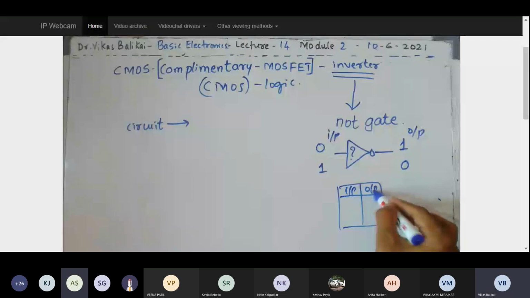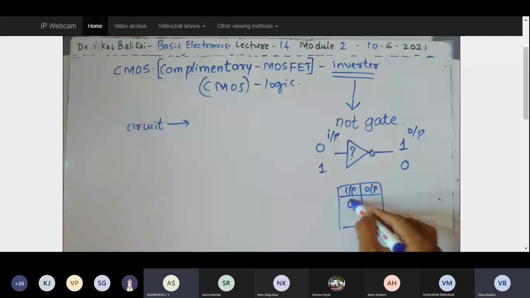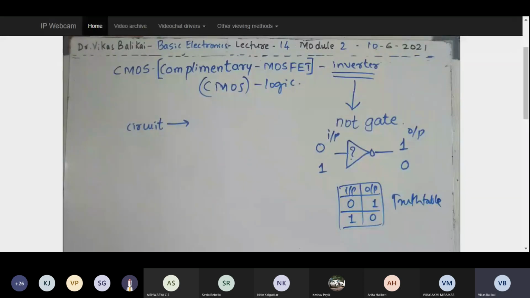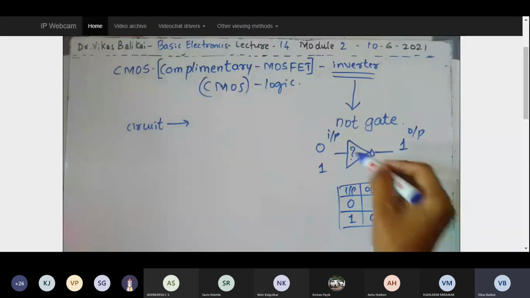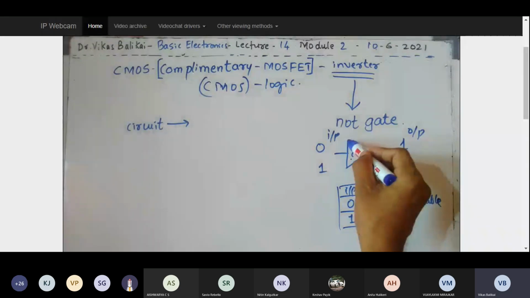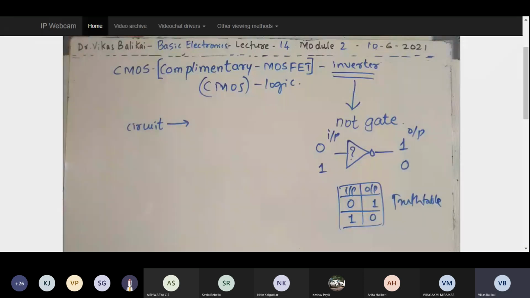Yes, sir. So this is my truth table. A truth table indicates, for different inputs, what the exact value of the output will be. That is defined by the truth table. But my question is, without drawing this block, which is a symbolic representation, what is inside? If I just hand over a physical NOT gate to you, what do you find inside that NOT gate? That is my question, and that is the time now to think.